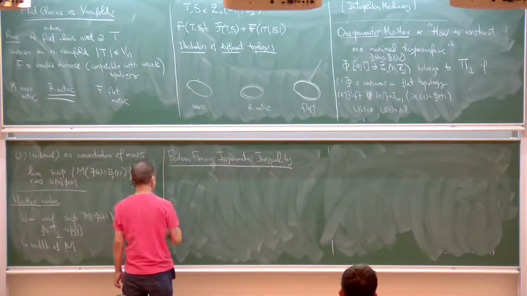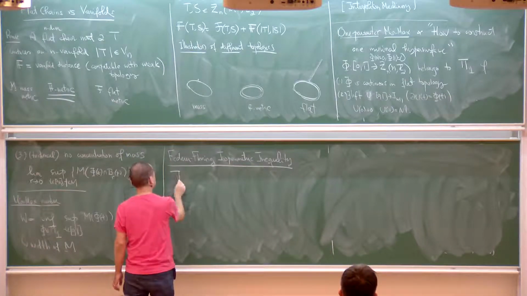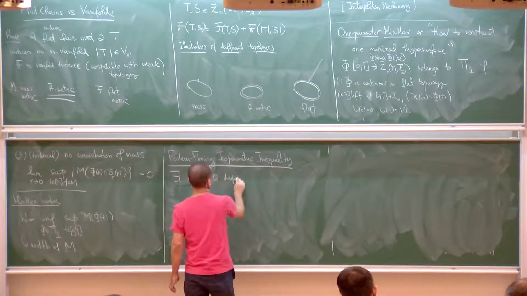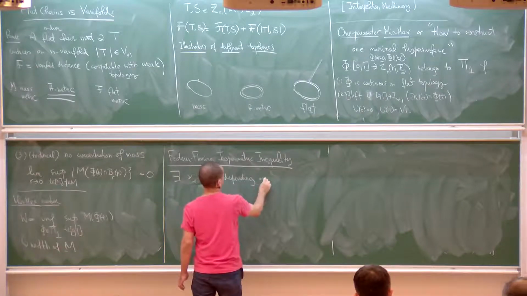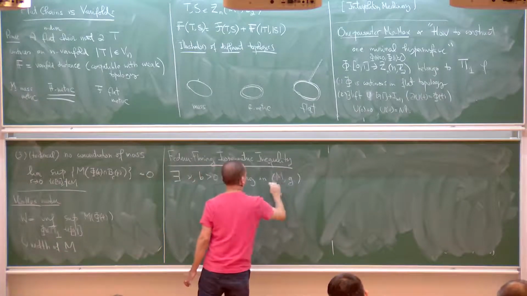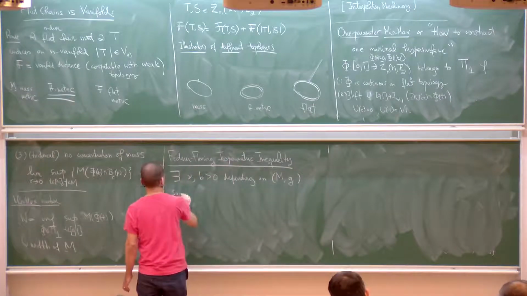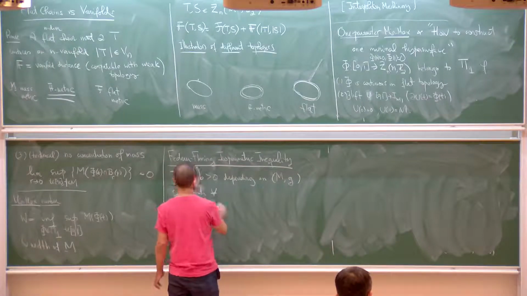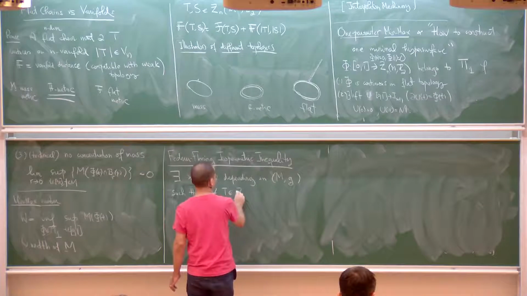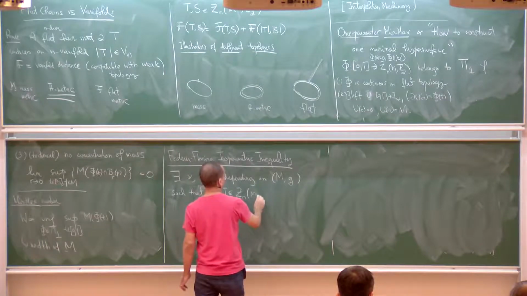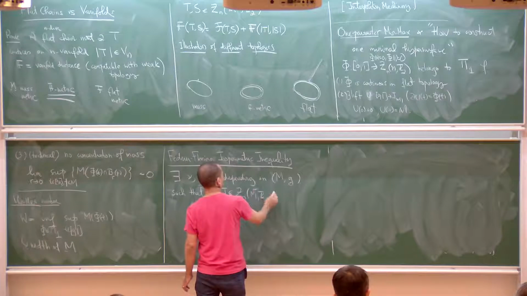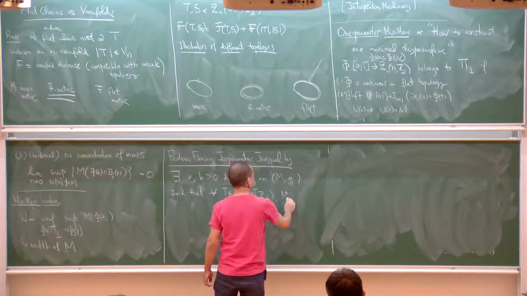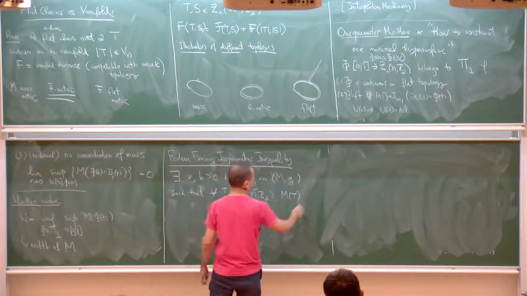It says that there exist two constants, say nu and b positive, depending on the manifold, such that for every cycle T in Zn, so this means, of course, the boundary of T is equal to 0, if the mass of T is smaller than nu,